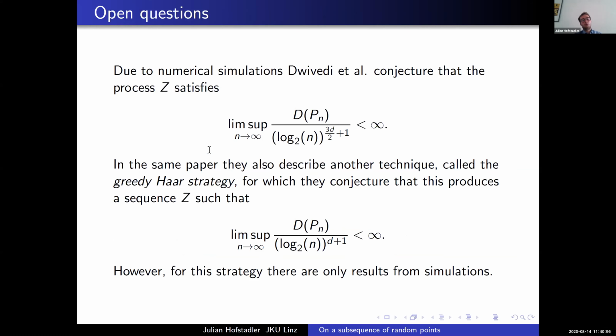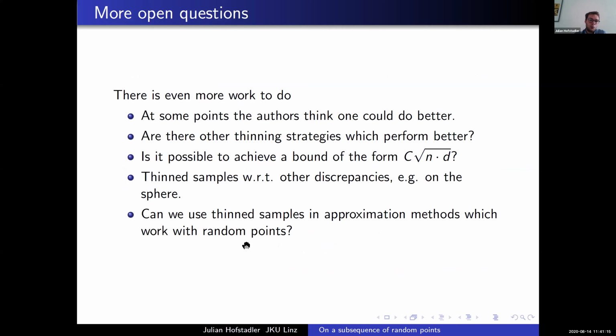So there are still some more open questions. So this was the greedy Haar strategy. What is more to say about the greedy Haar strategy is that there is nothing proven for it, only results from simulations. But there are still some more open questions, which are, for example, at some point, the authors